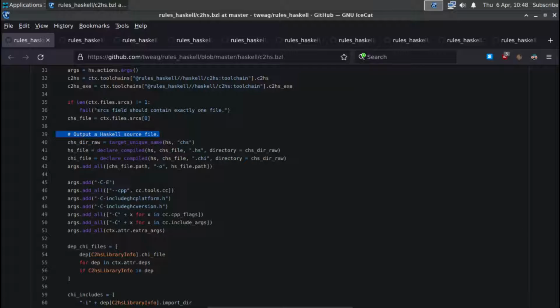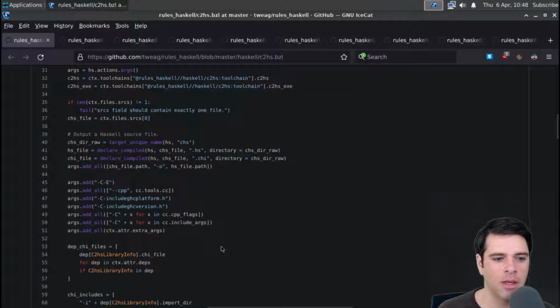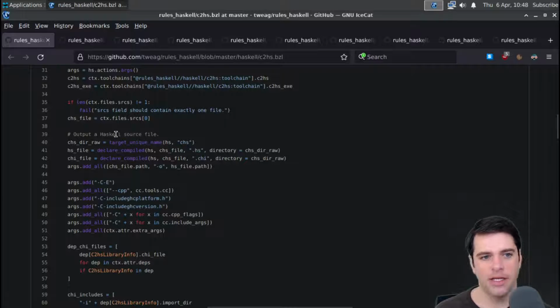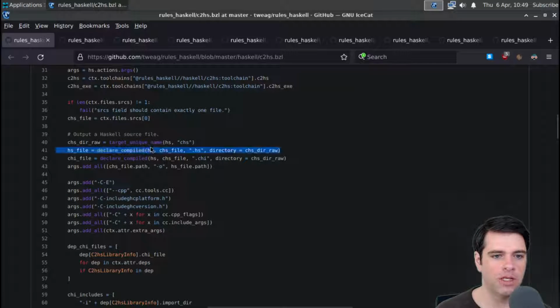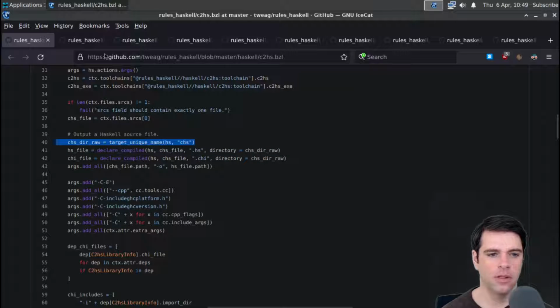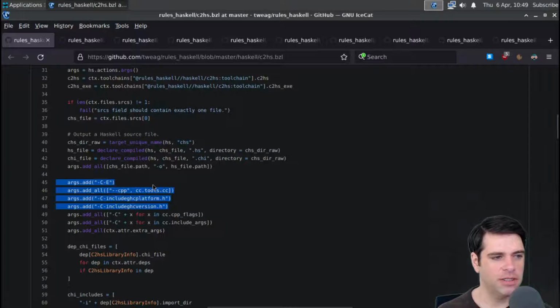Test. Okay, so we're outputting a Haskell source file. We're getting the unique name. I guess we'll declare it compiled, and then we'll add some arguments, like the CHS file path. Add, I guess, some standard command line arguments, whatever C and -E is,